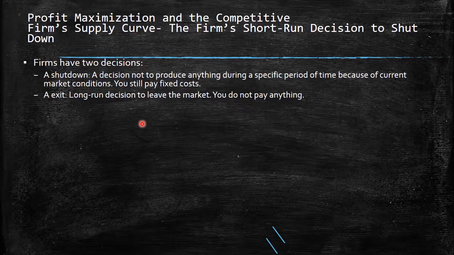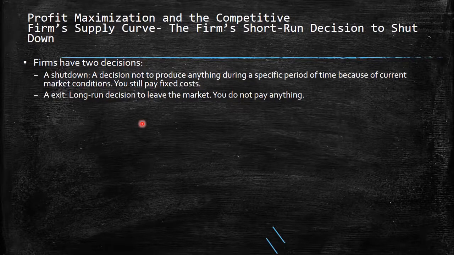You still pay fixed costs. So you say, okay, we're going to close right now, but anyway, when you close, you need to pay the fixed cost. For example, for the pizzeria, you need to pay at least the rent of the place